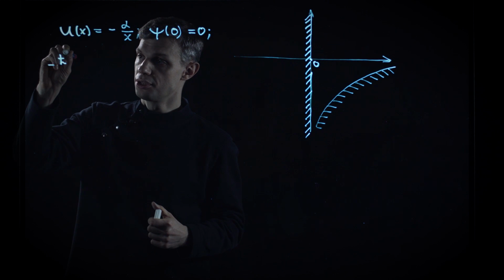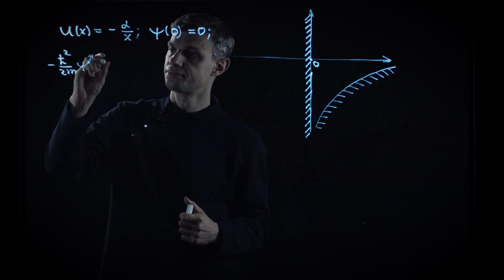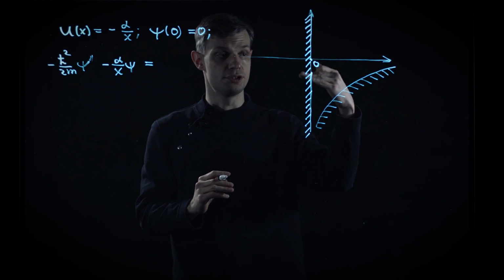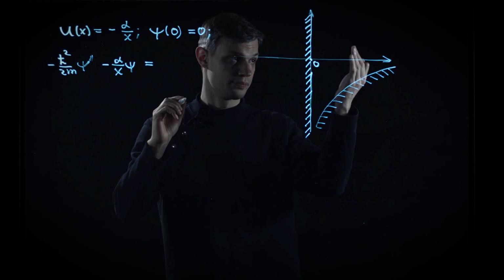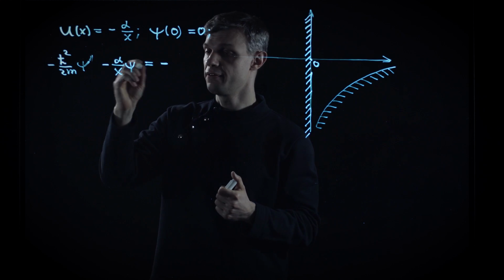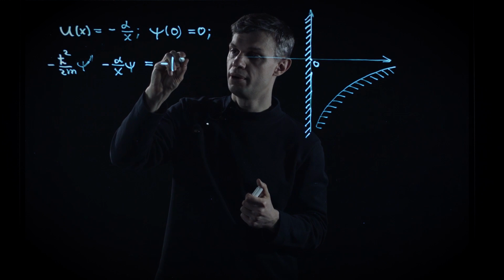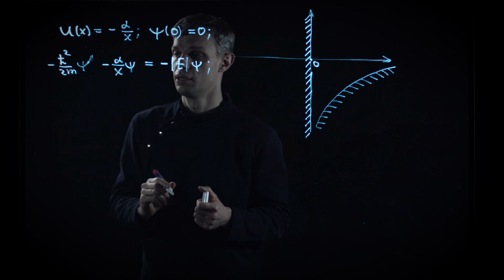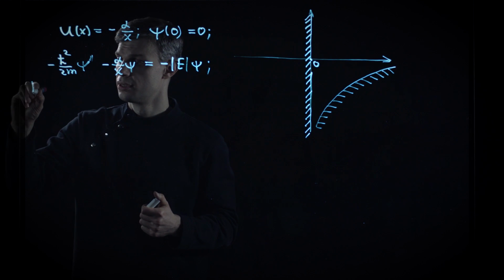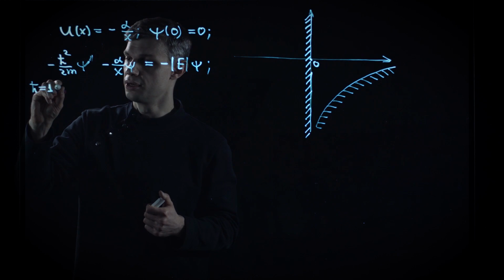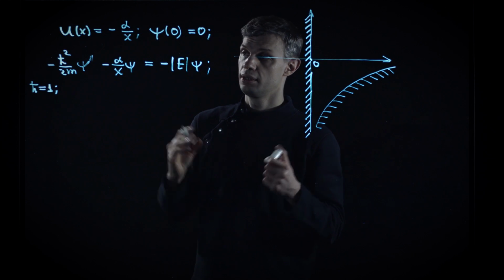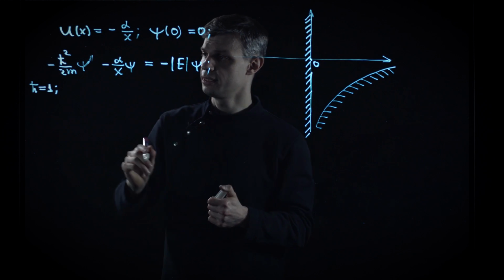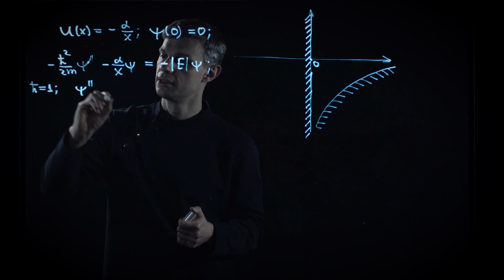Here we go. This is the Schrödinger equation. And keeping in mind that we expect our energy to be negative, as we are having a bounded wave function, we put it in the form minus modulus of E. In all the calculations, we put the Planck's constant with the bar equals 1. And let's multiply this equation by 2m, get rid of the unnecessary minus sign, and what we get is the following thing: